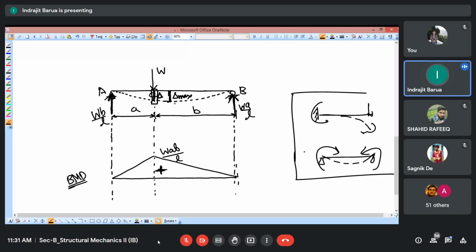We have different methods to calculate that. But now we are interested in the force-displacement relationship, because we know that in a gradually applied load, this is the work done. So with respect to this P into delta, here W into delta, this is the maximum amount of strain energy. So this delta which I am getting is not the maximum displacement. This is the displacement at the point where the load is applied.